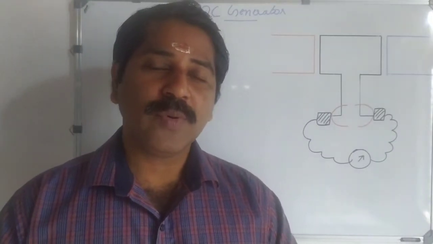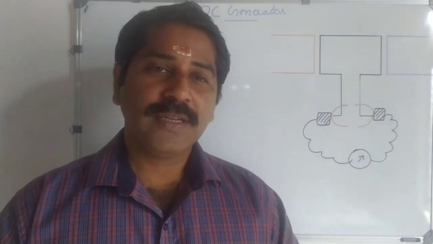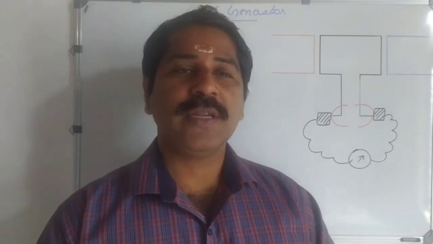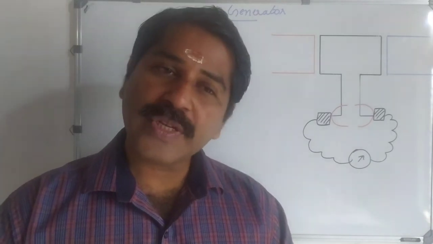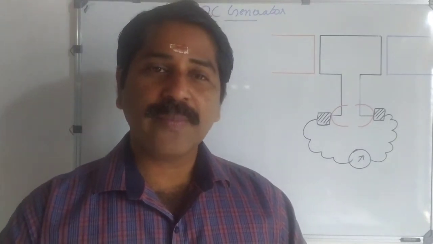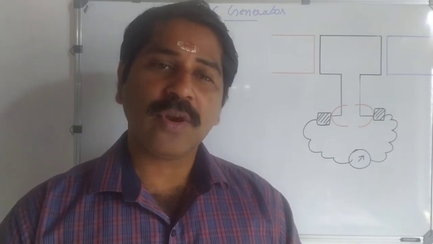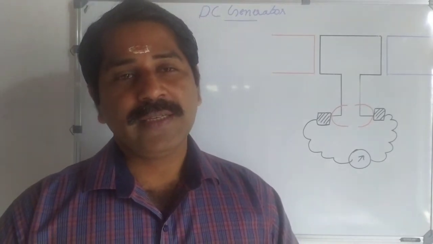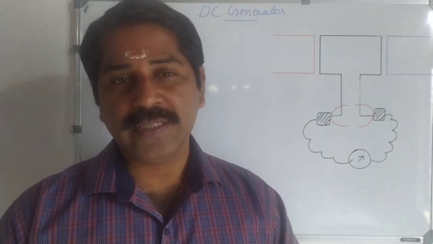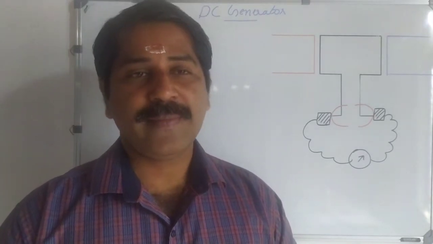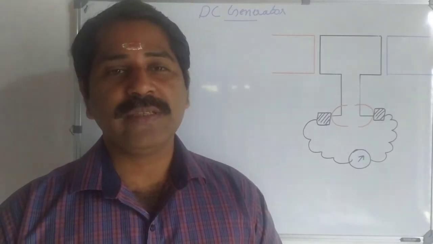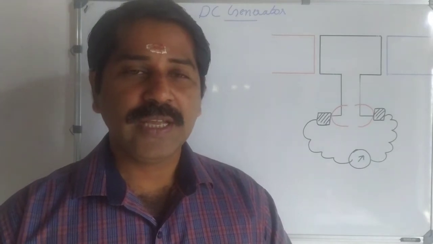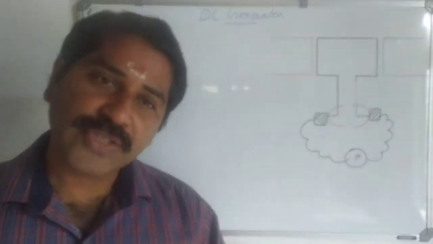Dear students, in the last class we were discussing the AC generator, how AC is produced in an AC generator, what happens to the produced AC when the complete rotation of the armature occurs, and you have learned what frequency, cycle, etc. of AC are. Now we are going to discuss another device which also produces electrical energy, the DC generator.